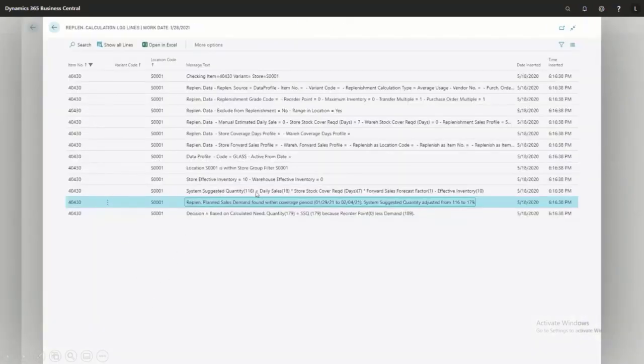So we have a look at the line above what's highlighted here. The system suggested quantity 116. The mathematics is the same. The replen planned sales demand found in the coverage period, which is when the promotion's running, has adjusted it from 116